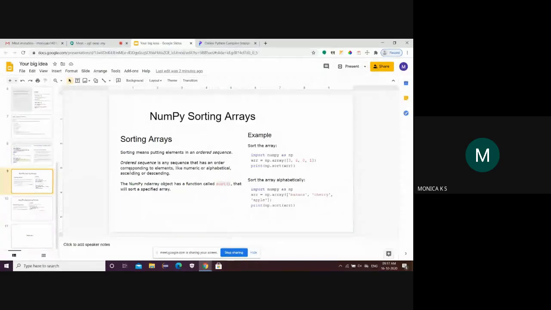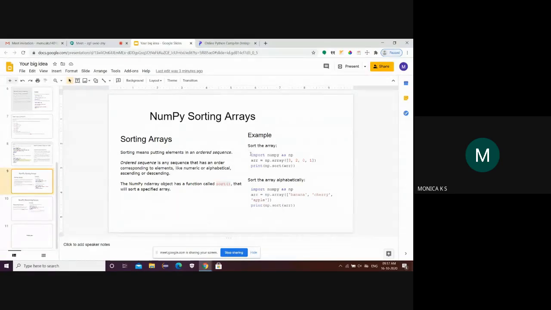And NumPy sorting. We all know what sorting is, arranging the numbers in a sequence order. It can be either descending or ascending order. In an ordered sequence, where elements are ordered numerically or alphabetically in ascending or descending order, the NumPy ndarray object has a function called sort that will sort a specific array.